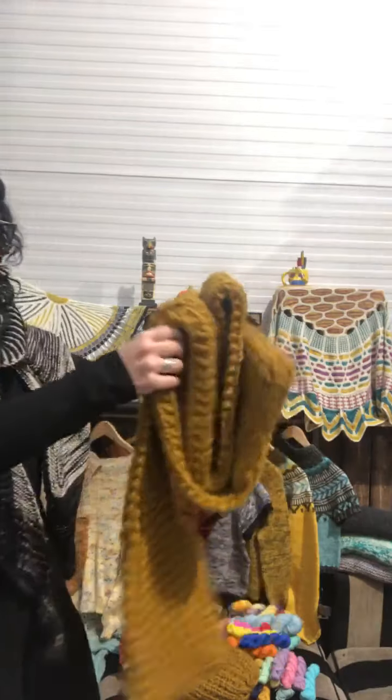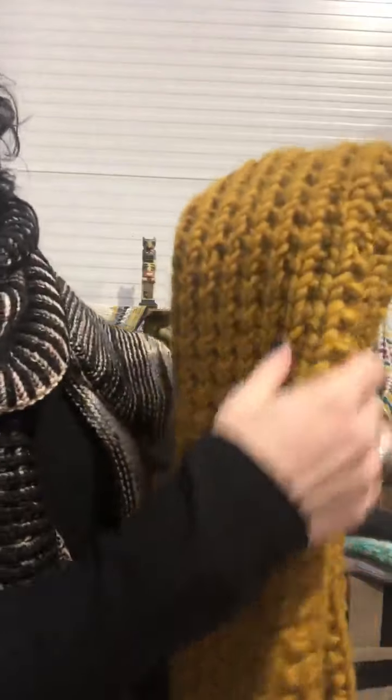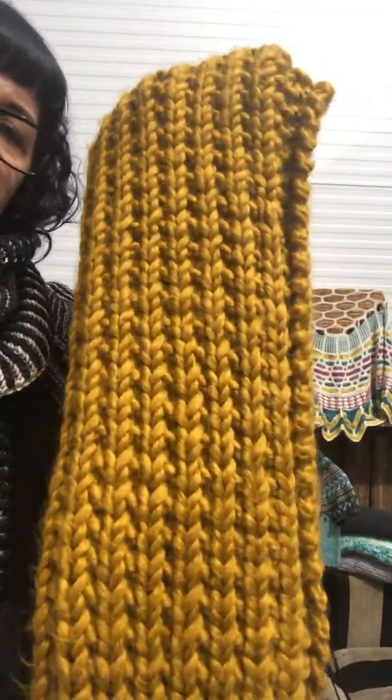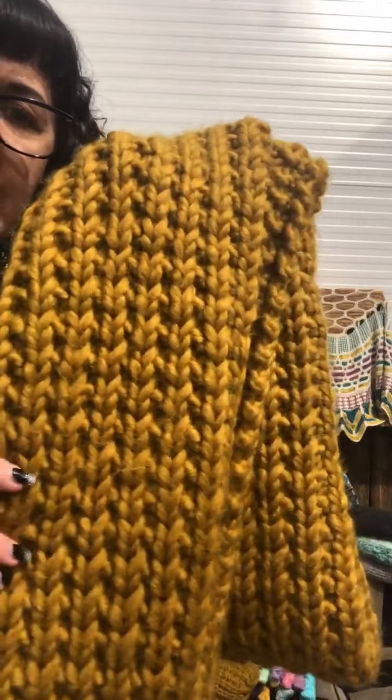So here it is. So the first part is this lovely great big scarf. Now I've knitted mine in a bulky weight yarn, chunky weight yarn. However, the pattern is written for any gauge, any yarn. So you can literally go to stash, you could make it stripy, you could make it mould, you could use lots of strands held together. So this is the pattern, and